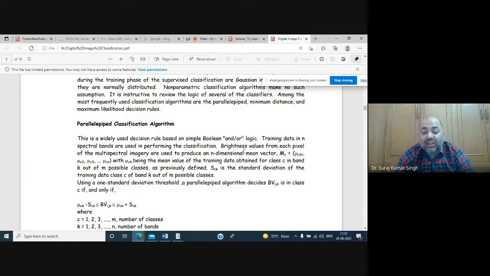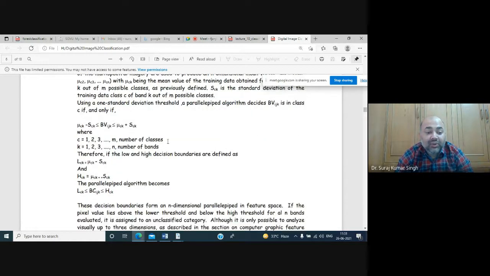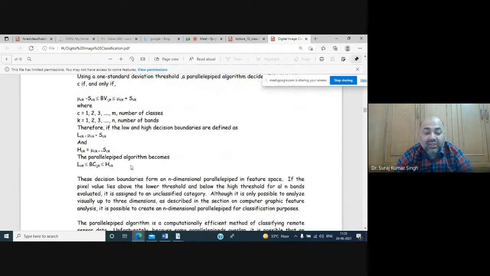So what we will be doing again in classification is calculating the mean vector of each and every class, and the mean value of the training data observed from the class C in a band K, out of m possible classes, are previously defined, as is SCK, which is the standard deviation of the training class C of band K. So this is the formula that we are going to use for the parallelepiped classification, where the